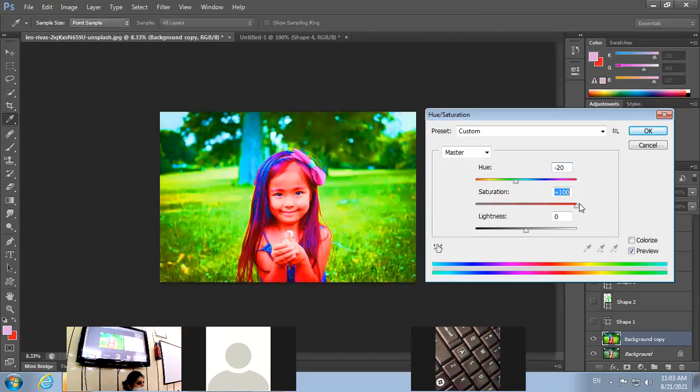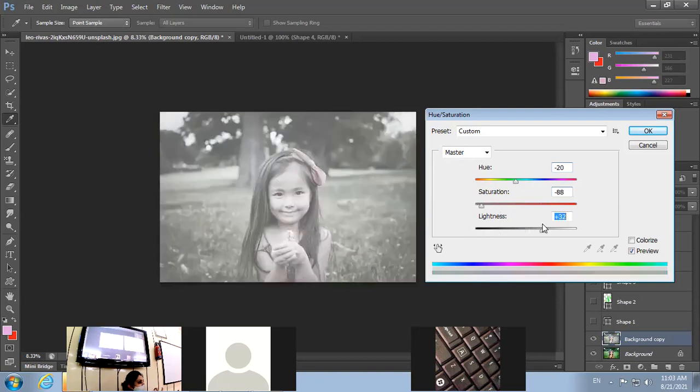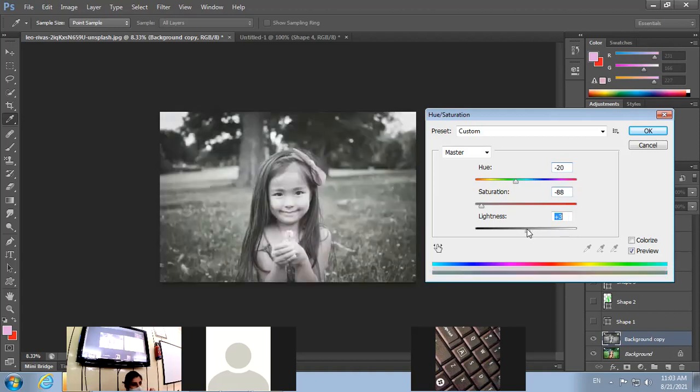Clear? The sharpness of the color will depend upon saturation. Clear? Next is the lightness. Many times you must have seen images that are in black and white color. So we can make our pictures like this. Whatever image you have, if you want to depict it in black and white, you can use these options under the image tab, then the adjustment options. The options are saturation and, yes, if you have a black and white image, you can add color to it using the hue option, right? These adjustments are clear regarding the image.